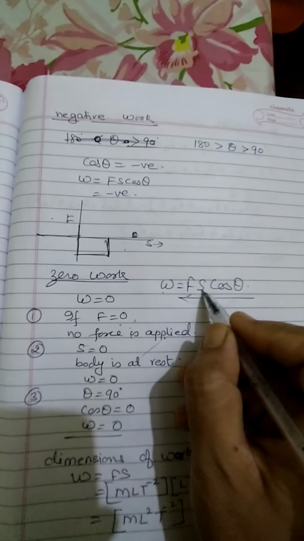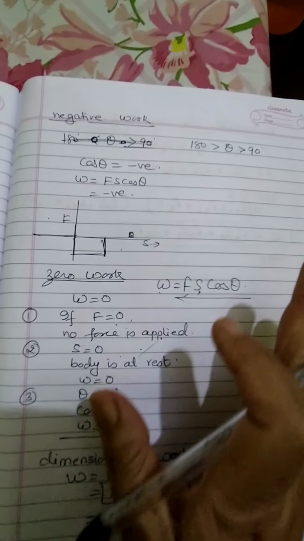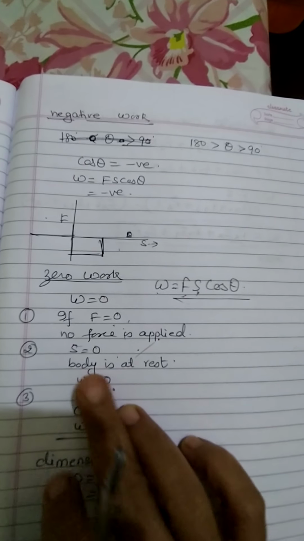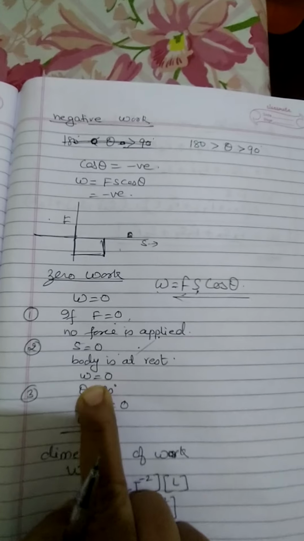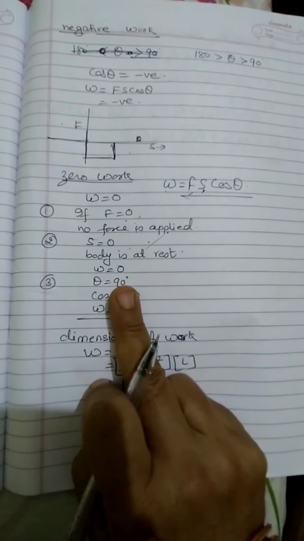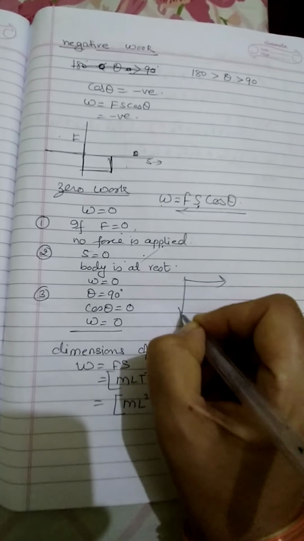Second condition, if displacement is 0, it means the body is at rest. When I am applying a force on the wall, the wall doesn't move, that means the body is at rest. And if S is 0, it means the work done is 0. And the third condition is when theta is 90 degrees, when the displacement and the force make an angle